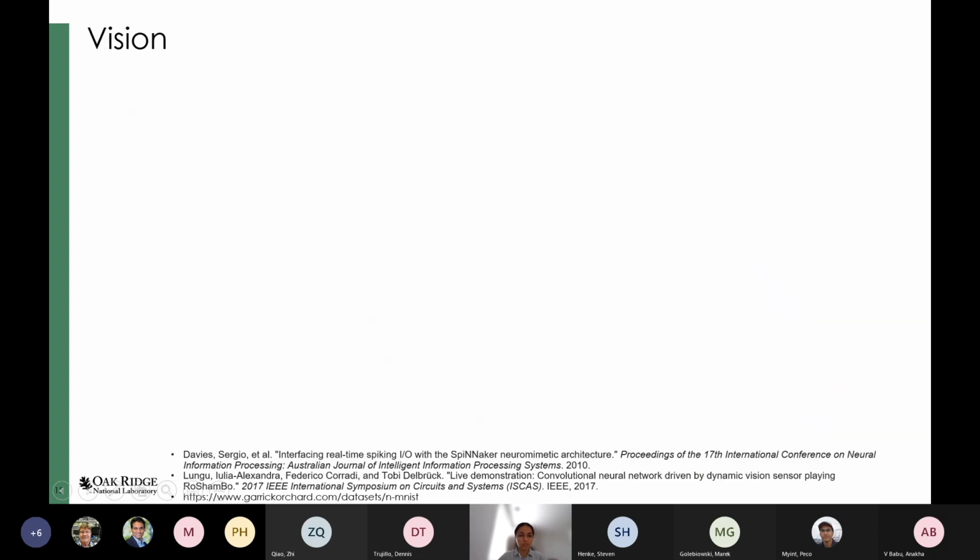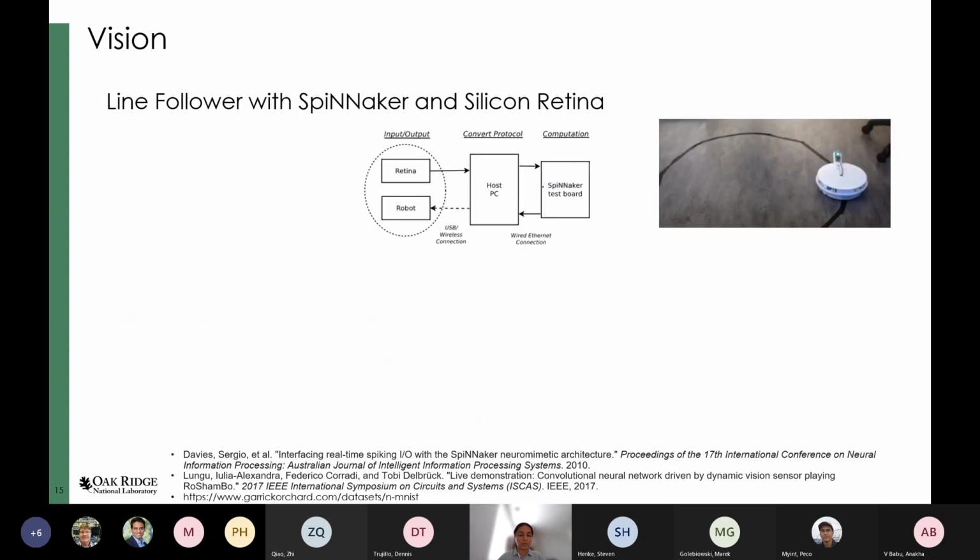So now, just a quick overview of some of the interesting applications that people have been doing with neuromorphic computing and neuromorphic hardware. In addition to the neuromorphic processing hardware, there are various neuromorphic sensors that are being developed in parallel. One example was a line follower that was demonstrated with SpiNNaker, and a vision sensor that was inspired by the